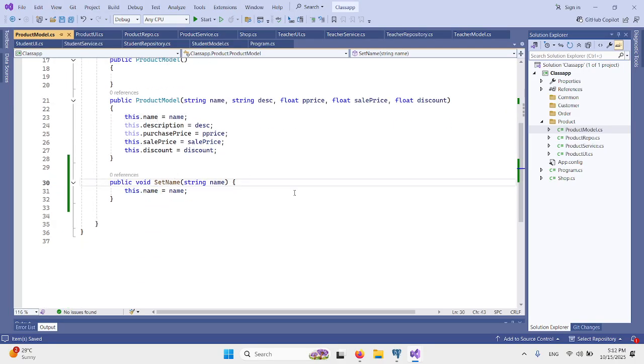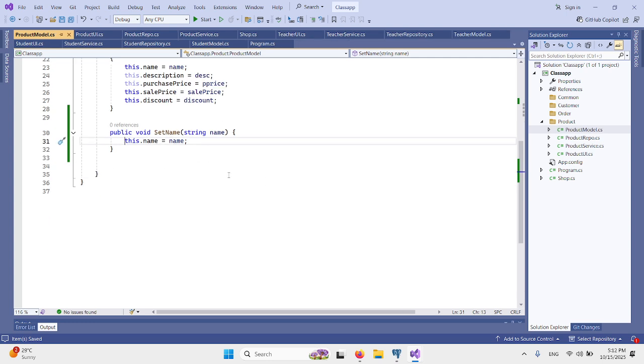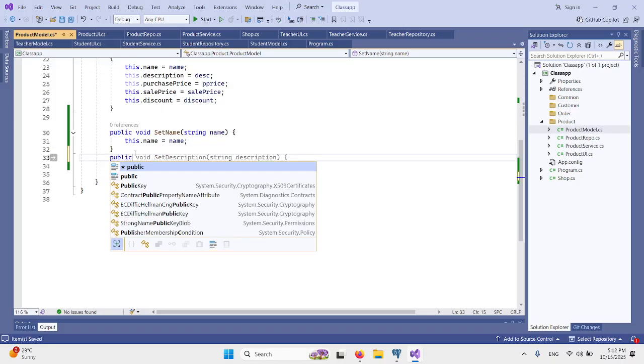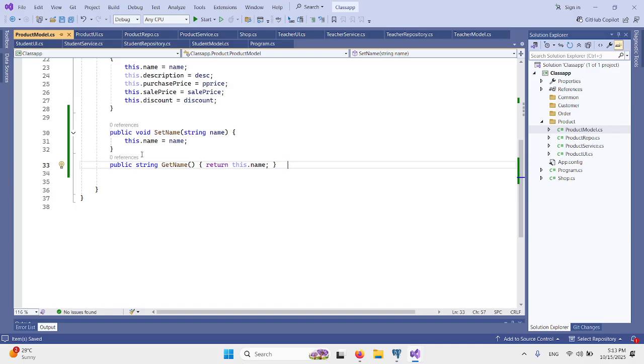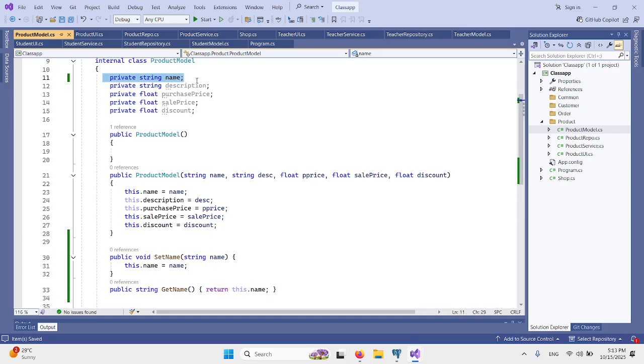If you want to add some condition, you can add it here. This is the beauty of making it a setter. Now we need the getter of this, public string get name. This is how you create the getter. It just returns this dot name, which means the value of this.